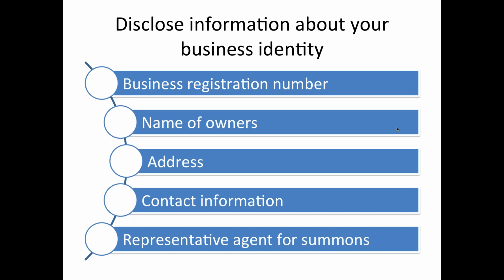Another law that has a specific requirement that you must have a contact person is the National Privacy Commission with the data privacy law. Under the guidelines of the National Privacy Commission, you must have a data protection officer. The data protection officer is the person that can be contacted for any data privacy disputes, including: how did you get my information, why is the information that I shared to you shared to another website, I already unsubscribed from your mailing list, why do you keep on emailing me, or I got declined for a loan, what information do you have about me that influenced you in declining my loan? Among these things, kaya kailangan meron din tayo tinatawag na representative na agent for sa mga